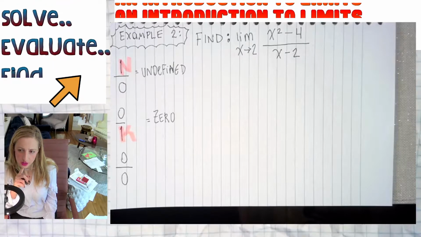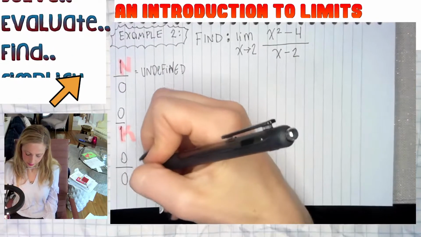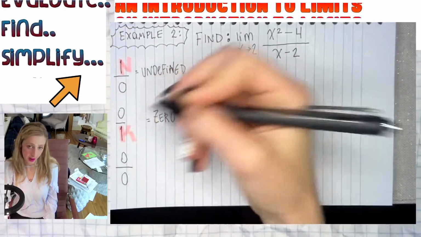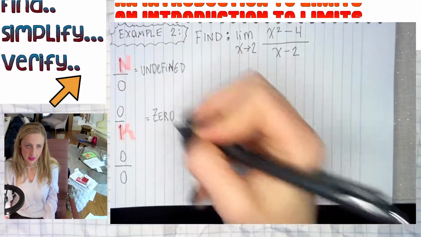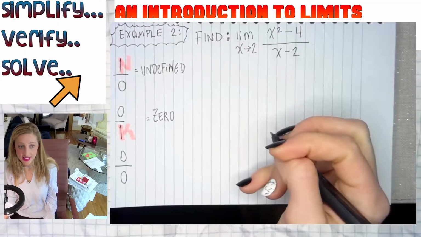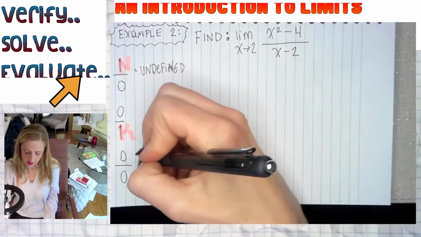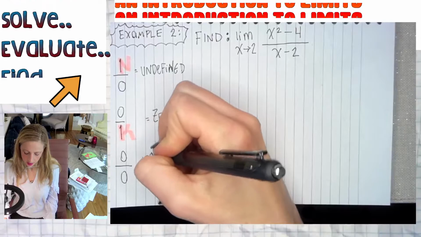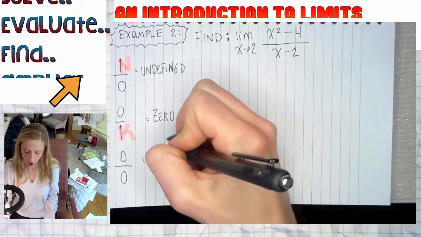What the heck is 0 over 0? 0? Not 0. 0 over another number is 0. Undefined? It's not undefined either. It's neither of those things. This is something we can call indeterminate